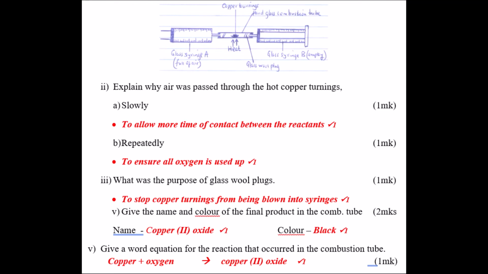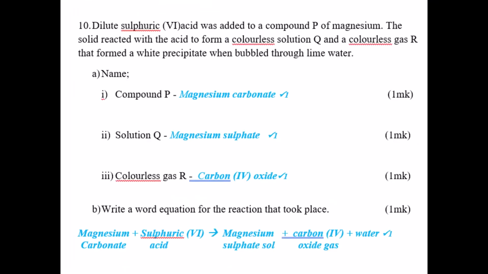Okay, the next question: the substance being formed inside the combustion tube is copper oxide, and copper oxide is black in color. The word equation: copper metal reacting with oxygen to form copper oxide. Question number 10, you're given that sulfuric acid is reacting with a certain compound of magnesium,